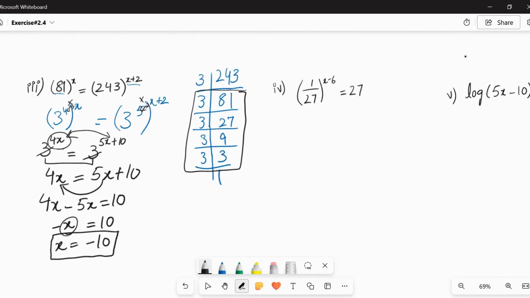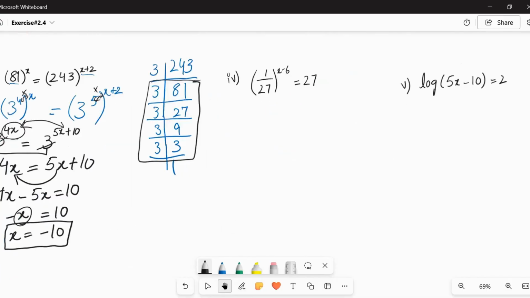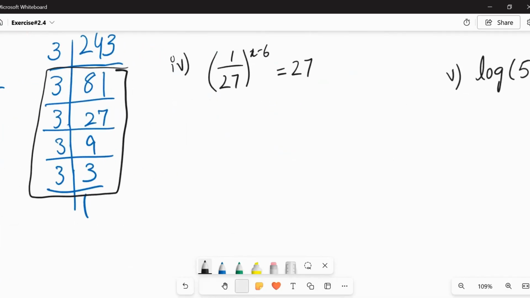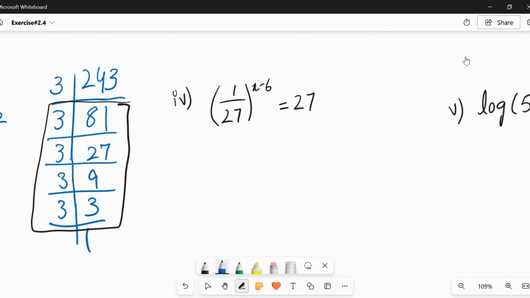Now see question number 4 of this question, which is about 1 over 27 whole power x minus 6 equals 27. So it's also very easy. What you need to do is simply shift 27 onto the numerator, okay। So the power of 27 over here is positive. If I shift it onto the numerator, it will become negative, okay। So we'll write it like this, 27 power minus 1, राइट, और होल पावर आपके पास ऑलरेडी गिवन है विच इज x माइनस 6,